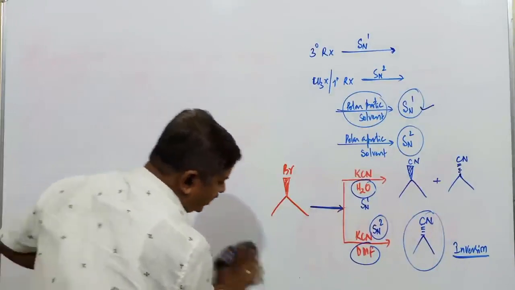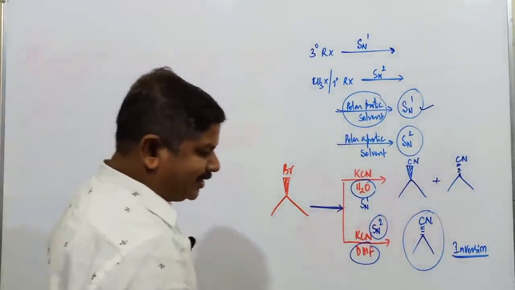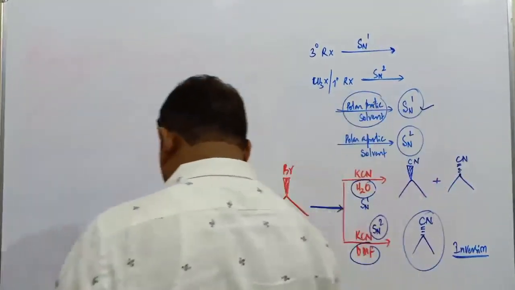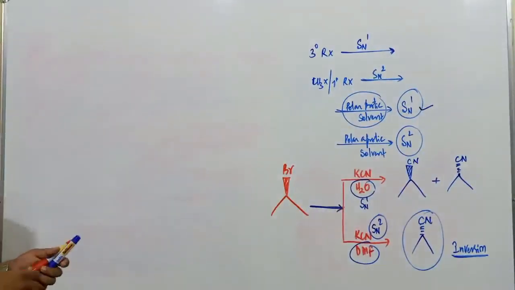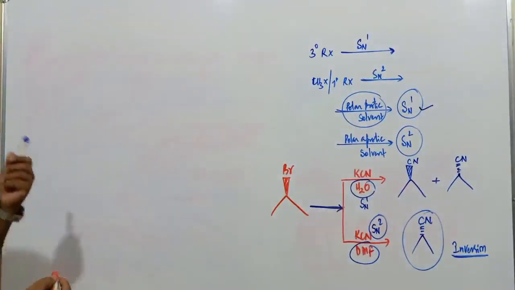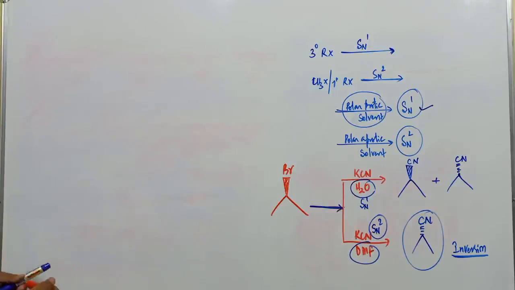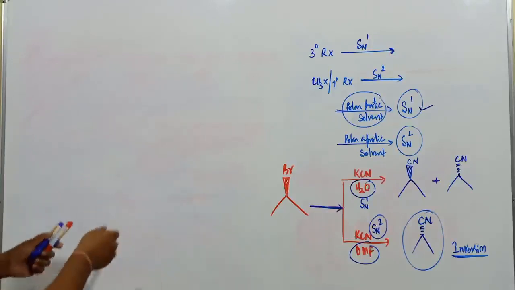From yesterday I am explaining somewhat slowly, as per the students' feedback. Somewhat slowly I am explaining. So this is the slowest rate of explanation with respect to my teaching.